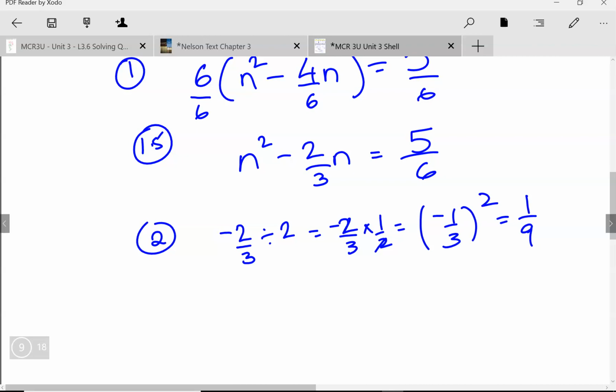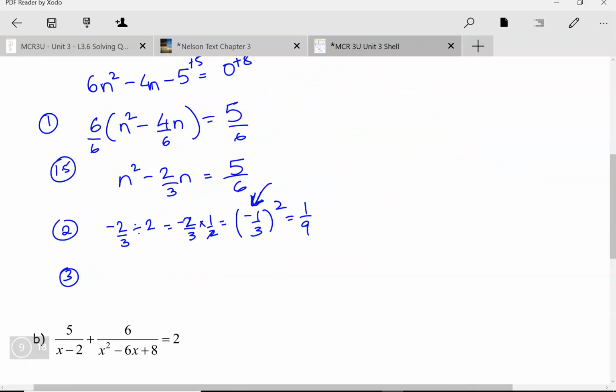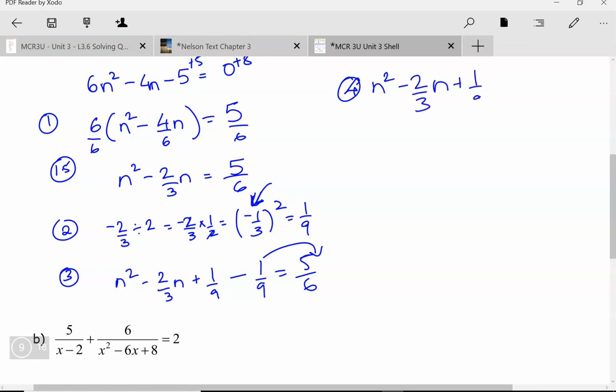And it's important to note here that whatever I'm taking the square of is my complete square, right? And we'll talk about that again. But I'm going to add and subtract this 1 over 9 to both sides. So let's see how that goes. Step 3, I'm going to do down here. Minus 2 over 3n plus 1 over 9 minus 1 over 9 equals 5 over 6. I'm going to move the 1 over 9 over here. So step 4 is n squared minus 2 over 3n plus 1 over 9 equals 5 over 6 plus